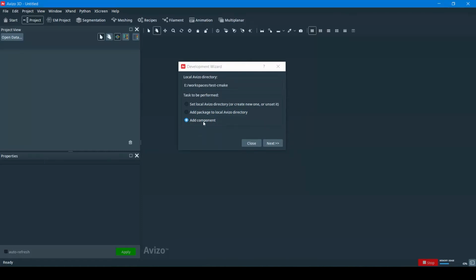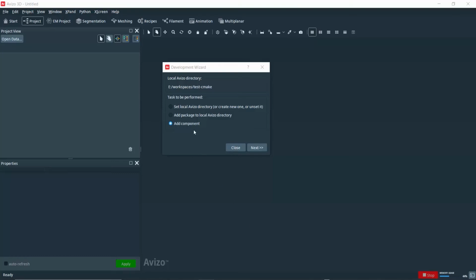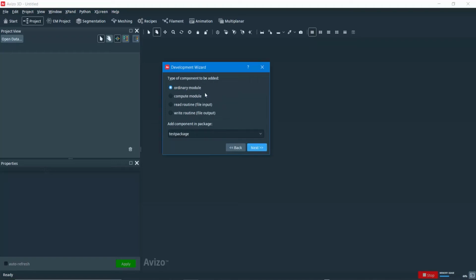And afterwards we add a component that is a module, for instance. In order to do this, we select the last item in the task to be performed group, Add Component. We click on next. For the sake of this example, we are going to create an ordinary module, so we leave this one selected and we choose the test package as the library in which the new module will be. We select next